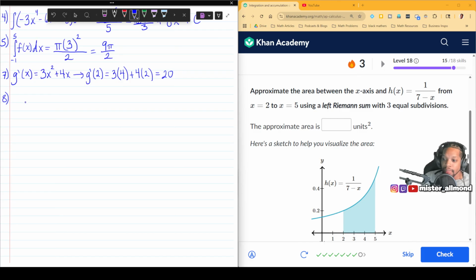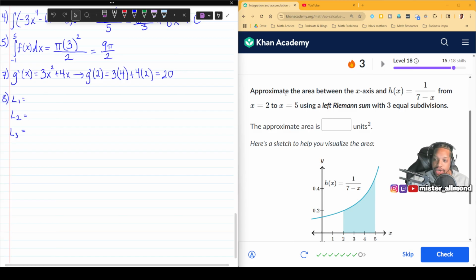All right, so what do they want? Left Riemann sum, 3 equal subdivisions, so that's 3 rectangles. Me personally, I do this. I call it L1, L2, and L3. L standing for left, just to remind me. Oh, you already got it? Okay, bet. Hey, this bro is quick with it. Okay, so